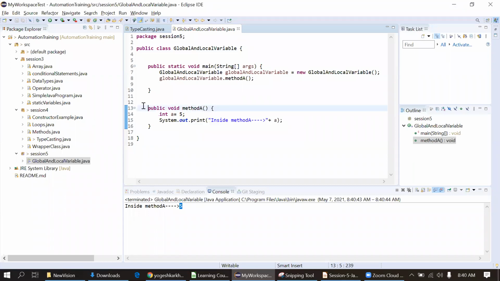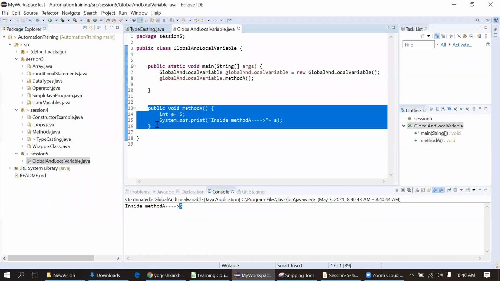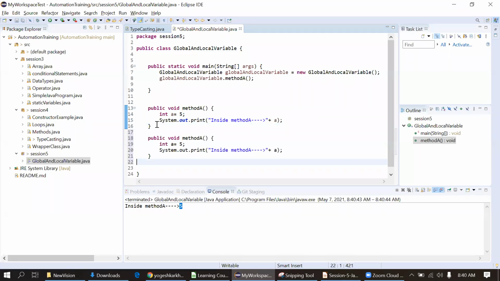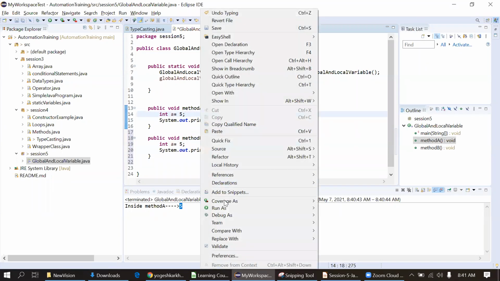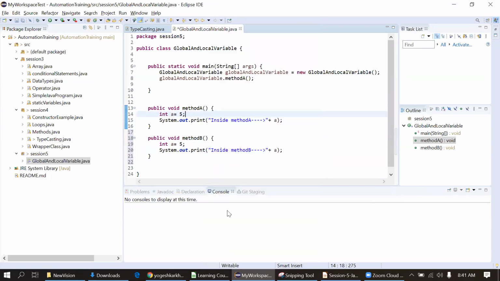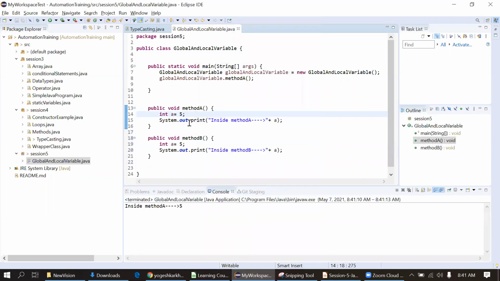Now I'm creating another method, method b. I'm not changing this value, I'm just putting a as 5 only, and printing that. Oh, sorry, I have not called the second method. I will just call the second method, method b.